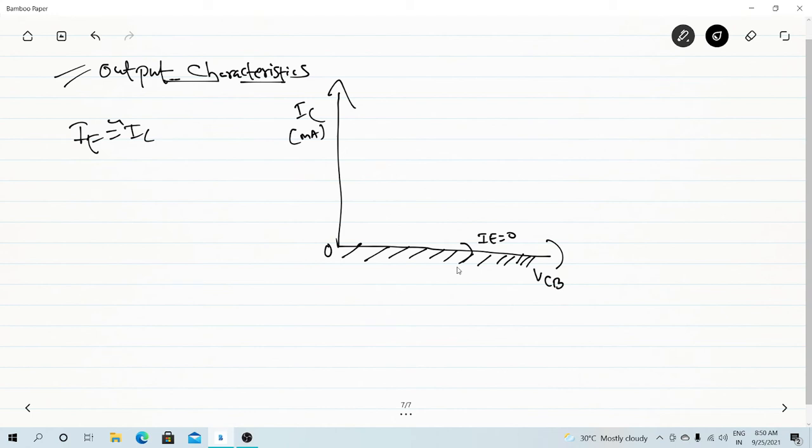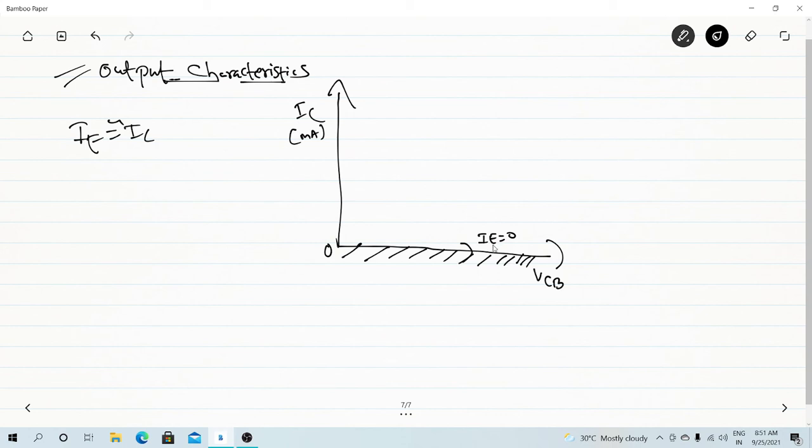If you remember from the block diagram, when I take the reverse biasing, only the minority charge carrier can flow, because the input circuit is already open, that is IE becomes 0. So in the output section, it is reverse biased, so you can only get the minority current. And the input will also be reverse biased. Both will be reverse biased. That is basically the cutoff region.